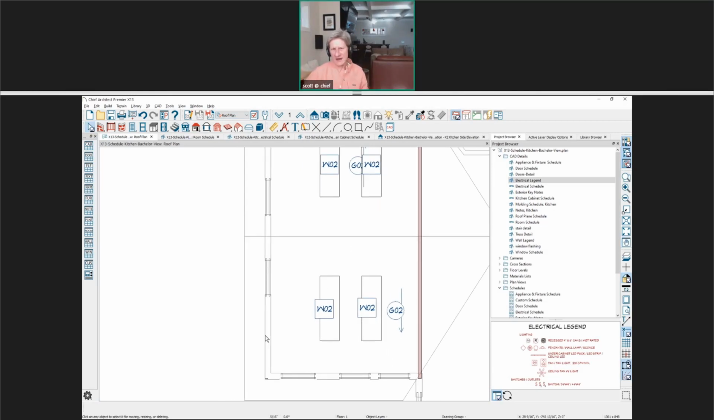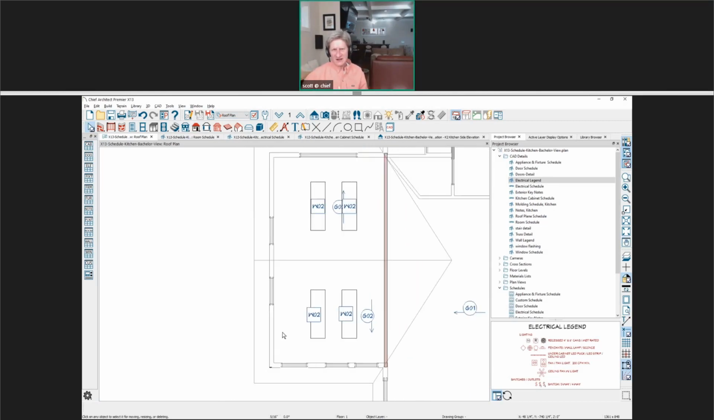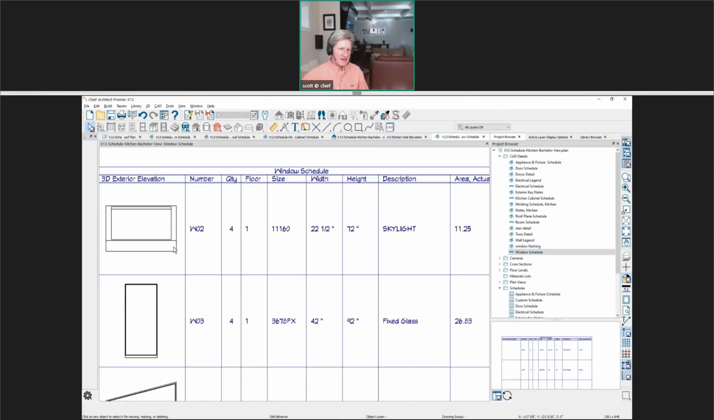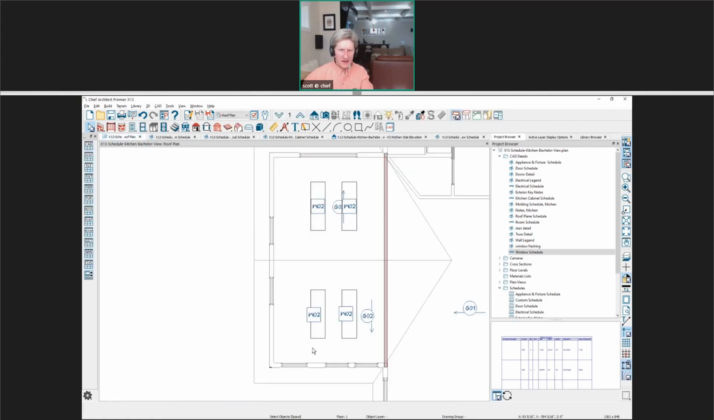Okay, so I have a couple of skylights here. I just switched over to a roof plan view. And if I open up, I believe I put that on my window schedule in here. Let's open up that window schedule. And I've got 4 skylights that are 22 by 72 inches, right? Right. And so if we go back over into the roof plan,